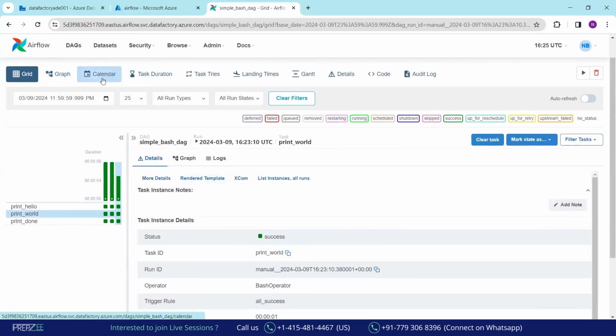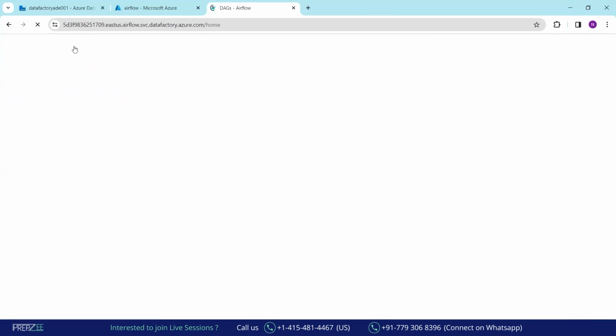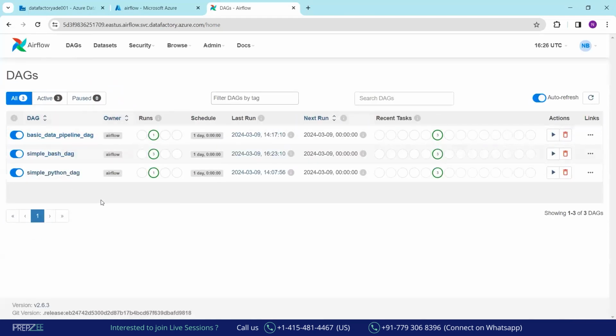Now, if I want to see, today it ran 3 times and 3 times it succeeded. Back to DAG level view. So you have multiple DAGs. So 3 tasks completed, so 3 runs completed. Okay, 3 runs, and each run has the 3 tasks. They all happen on the same day. This is today. Now we can do many other things: administration, creating users, and there is one database also